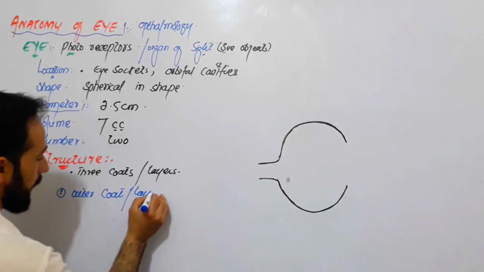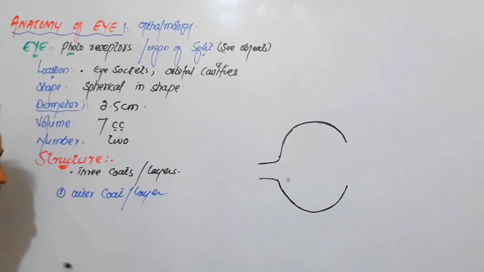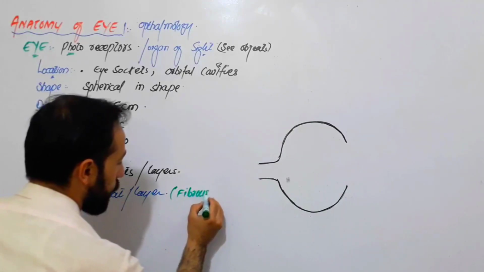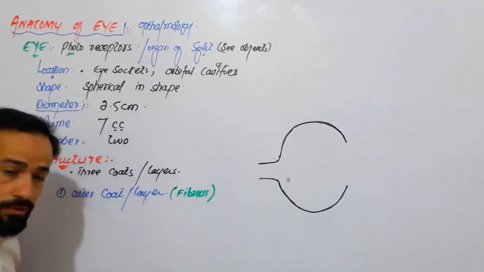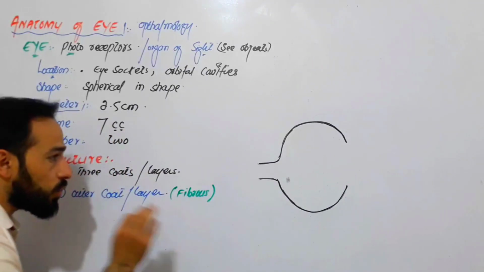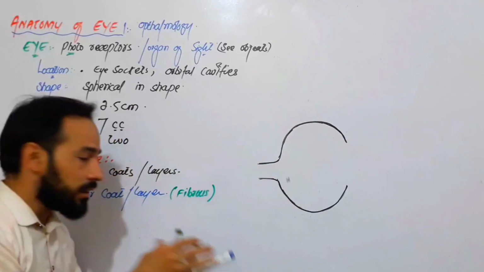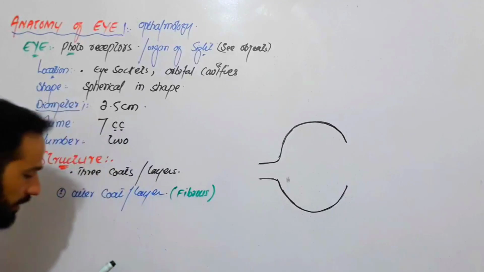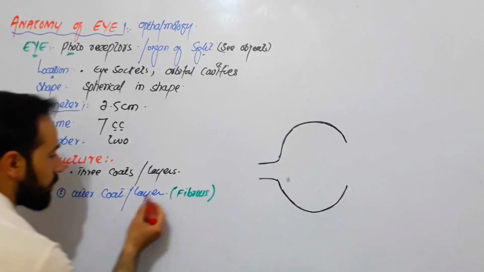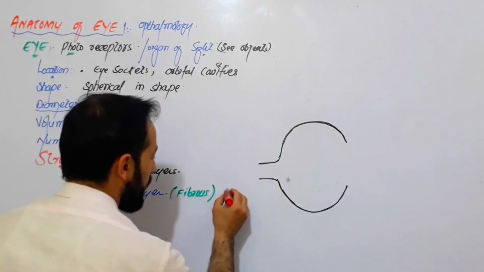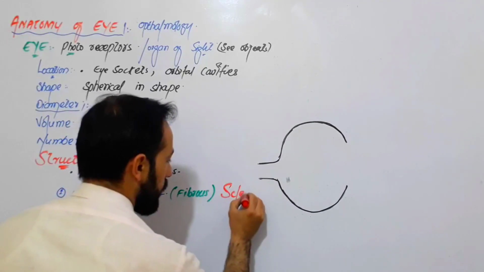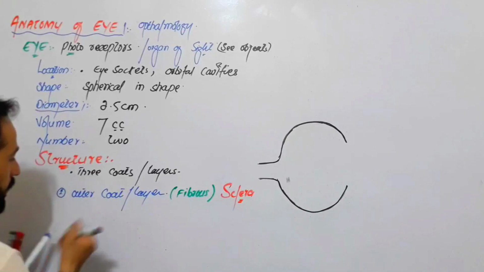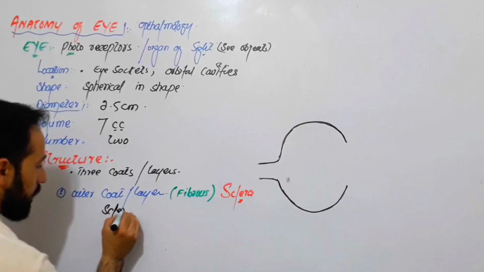or layer, right? And this outer coat or layer is also known as the fibrous layer. Why is it called the fibrous layer? When I go into the structure of that layer, we will have a very detailed lecture regarding the outer layer. And my dear friends, this outer layer is called the sclera. This is called sclera. So we say that the outer sclerotic